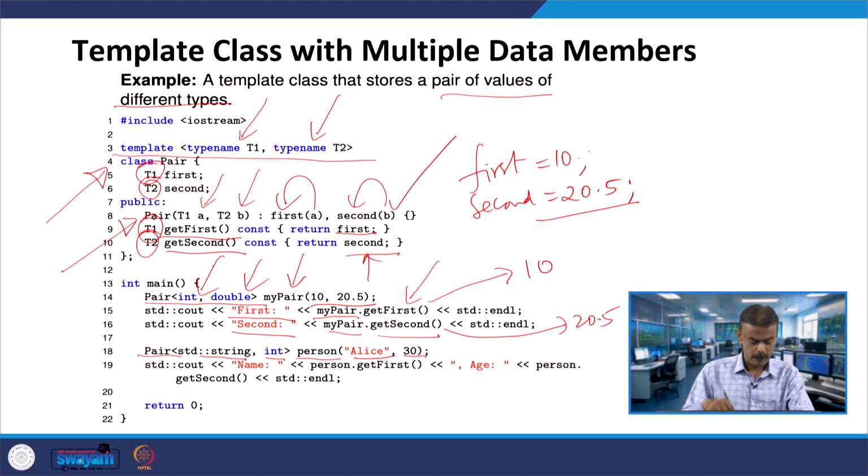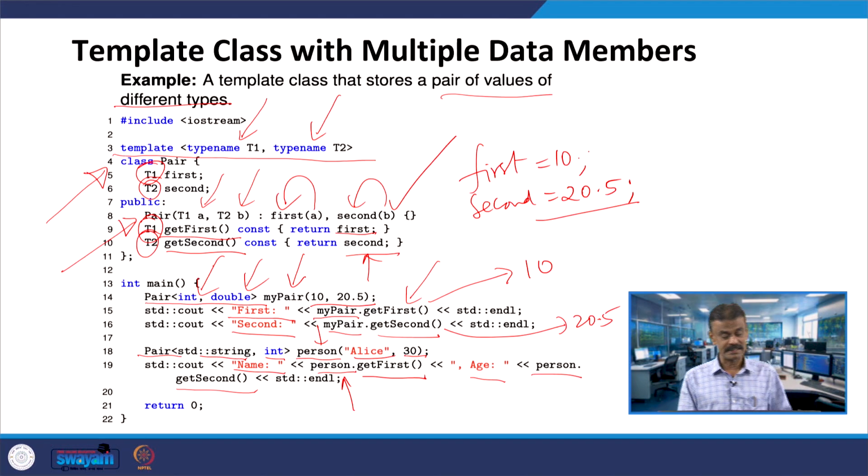Then you are printing the name: the person object is invoking getFirst, which returns first. What is first? Alice. Similarly, you are printing age: person is invoking getSecond. What is getSecond? 30. This is because A is assigned to first and B is assigned to second, so Alice is assigned to first and 30 is assigned to second.